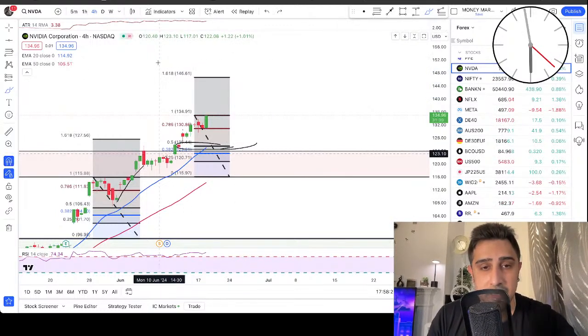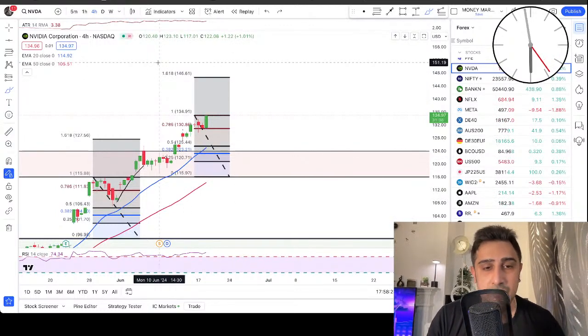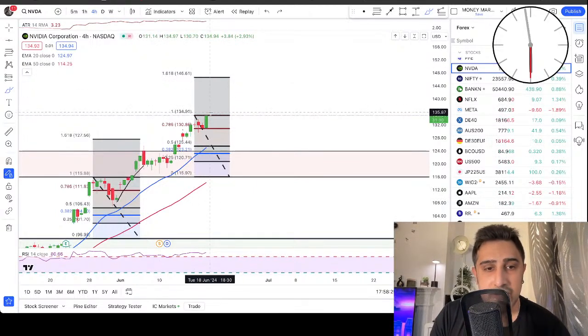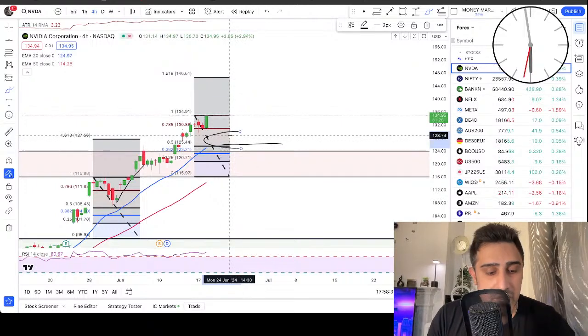And this is just my opinion. Don't take it as any sort of trading advice. This is something I personally use for my own trading. That's why I'm just trying to share with you. So don't take it as any sort of trading advice and don't invest anything. Don't take my words on it.